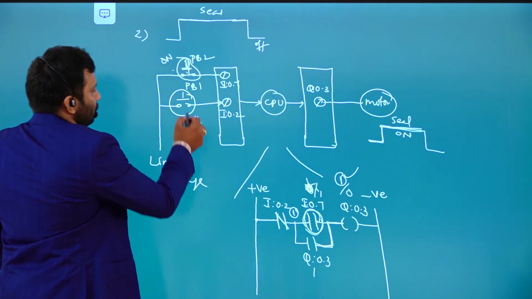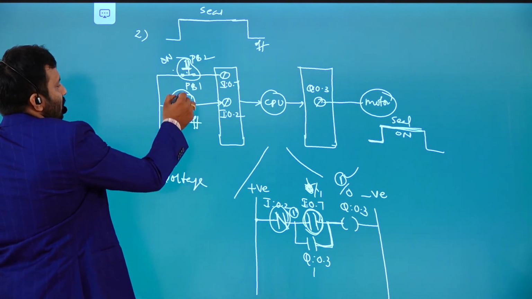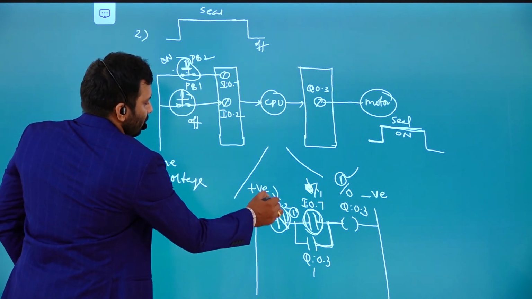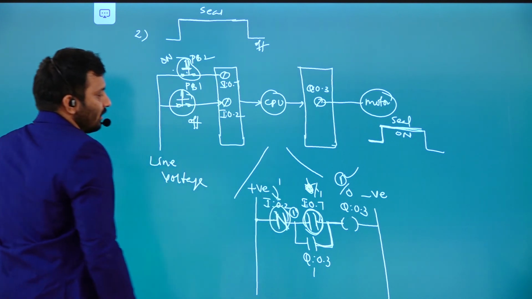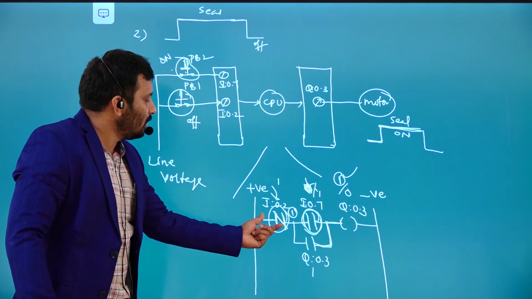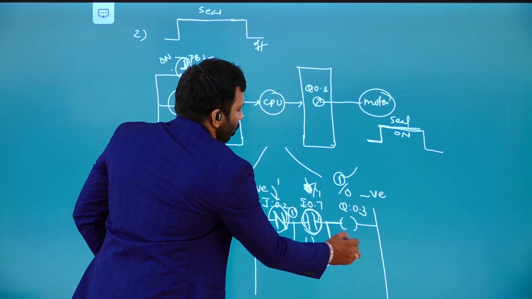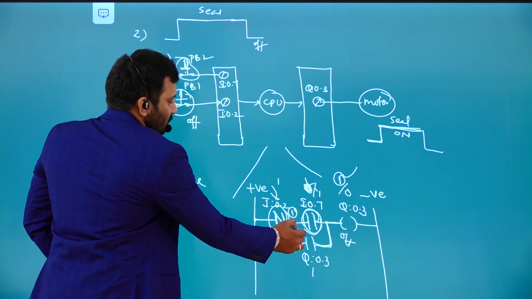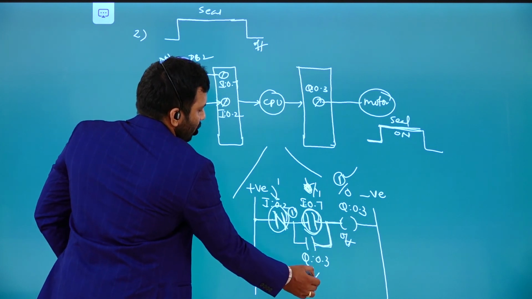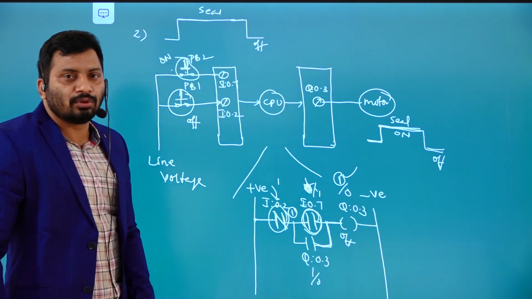Whenever you push the input push button corresponding to the off push button, what will happen? This is going to get a 1 signal. If the normally closed contact is activated with an input signal, what will happen? It is going to open. Once it is open, the output is going to be off. Even though the feedback is 1, this is off only. If it is off, this is also going to be off. That is the reason the motor is going to move to the off state.